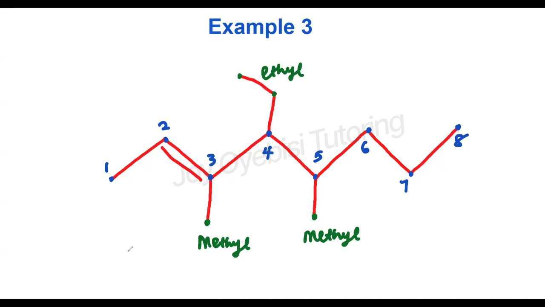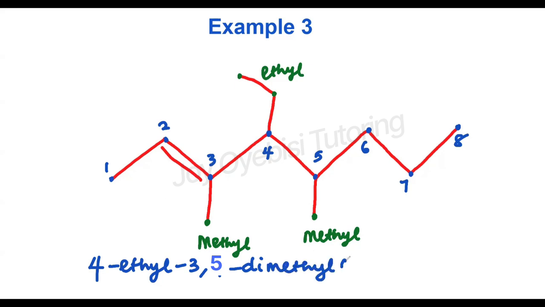To start naming, you start with your substituent. That's the rule. So I have 2 different types of substituents, the ethyl and the methyl group. When it comes to multiple different substituents, you arrange them alphabetically. So I'm going to start with 4 for the ethyl group. So 4-ethyl. On carbon 3 and carbon 5, I have the methyl groups. So I'm going to use dimethyl,